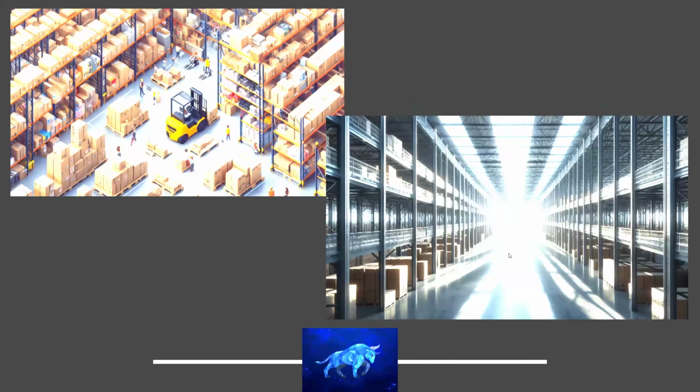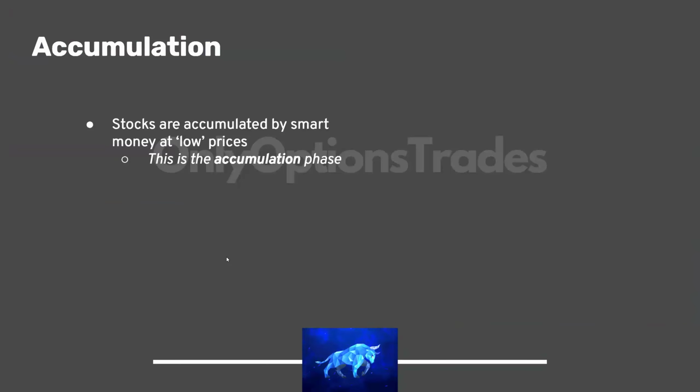So when that warehouse is empty, and excuse my AI photos, I got these a couple months ago, so they're pretty rough, but again, when that warehouse is empty, you've got to make a lot of effort to fill a warehouse this large to get it looking more like the picture on the left, right? There's a lot of inventory that you need to fill up your shelves with in order to get that thing fully operating at capacity. So as a result, stocks are accumulated